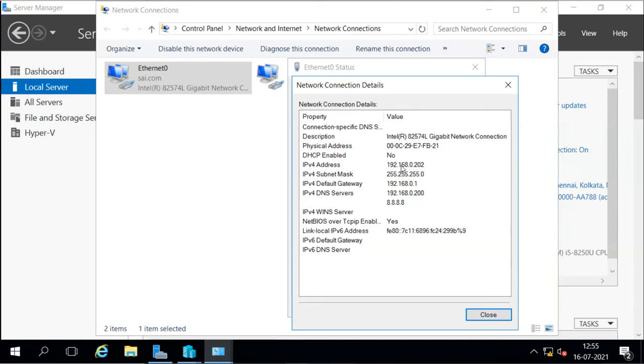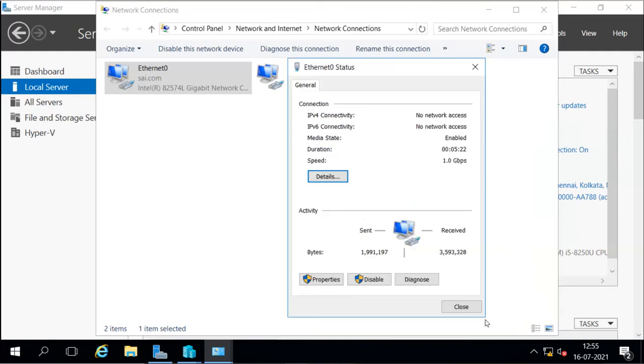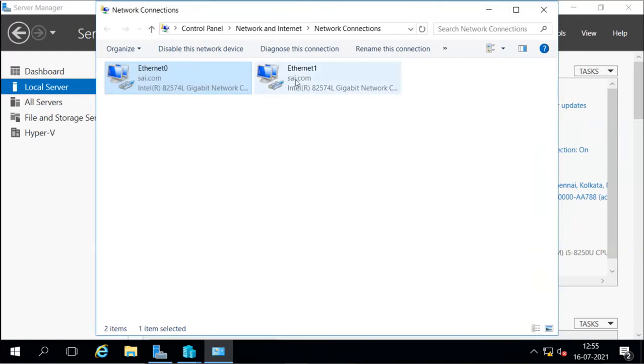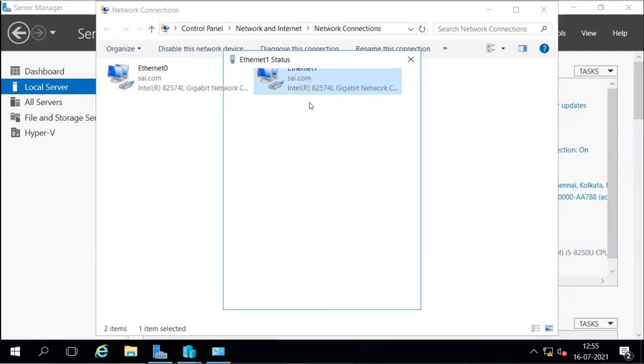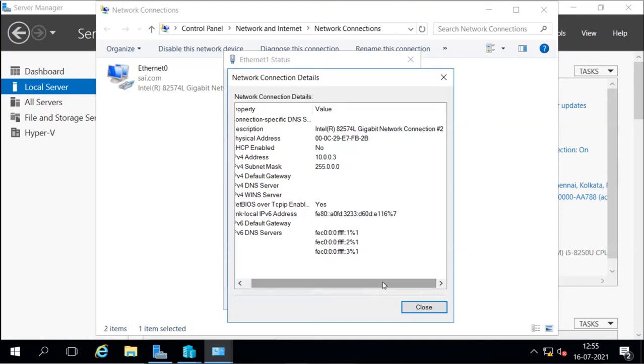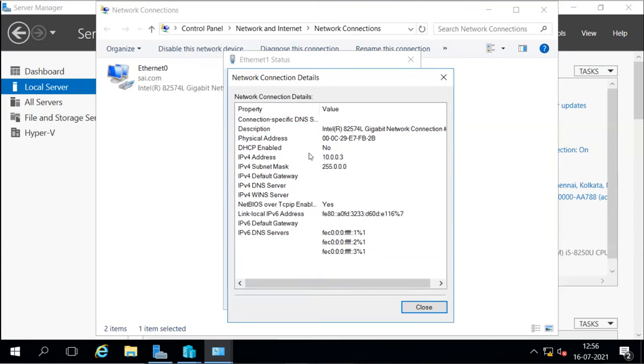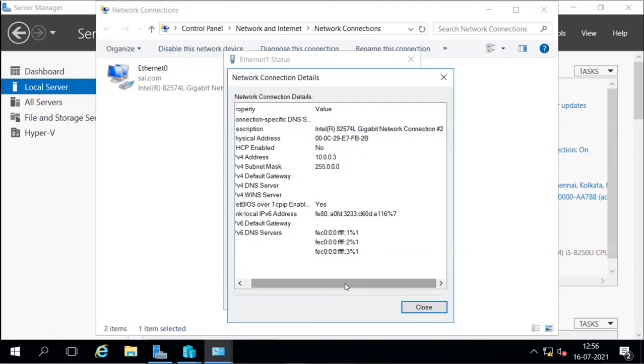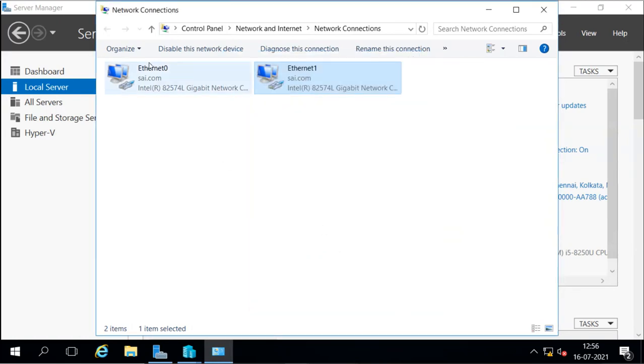So this is the one which we have to choose, and this is the name of that adapter. Now the second adapter we have is this. When you see the status here, this is the second one which has the 2 at the end, and this is the adapter we are using for the storage network. So we are not going to use this. We don't have to select this. So we have to select this one.